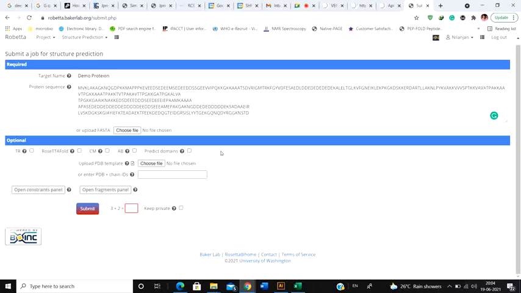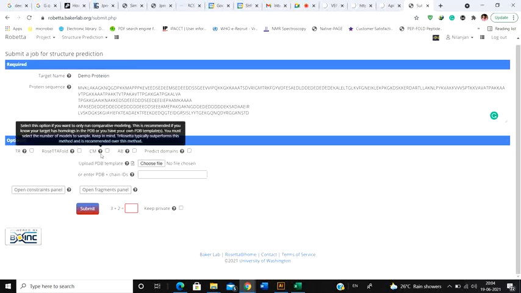Obviously, the ab initio method is the best method for structure prediction, because that's how the protein actually folds in our body. But still, our understanding of protein sequence, protein biology, and protein chemistry is still at a basal level. We are yet to fully harness every nitty-gritty detail about each amino acid. Before we can do that, we can't predict the structure of a protein with 100% accuracy using the ab initio method. Next is the CM only method, that is comparative modeling or homology modeling.